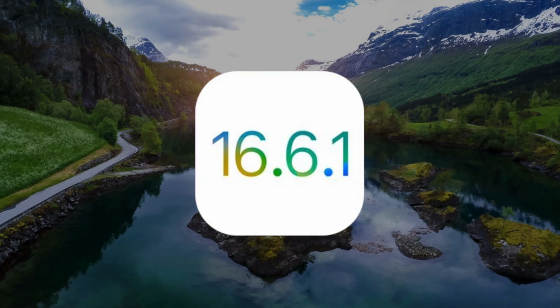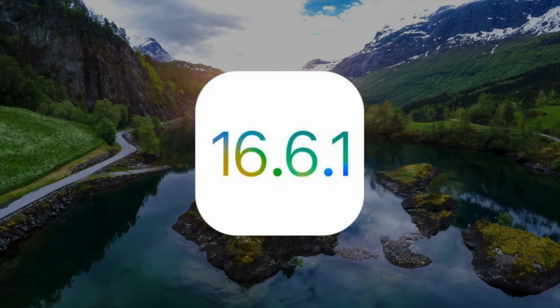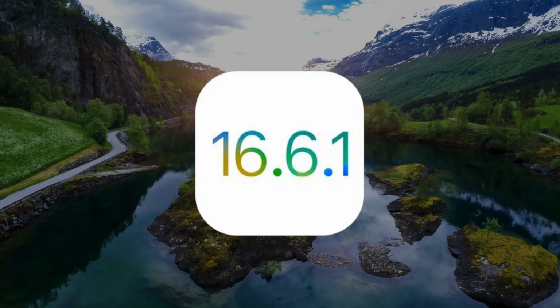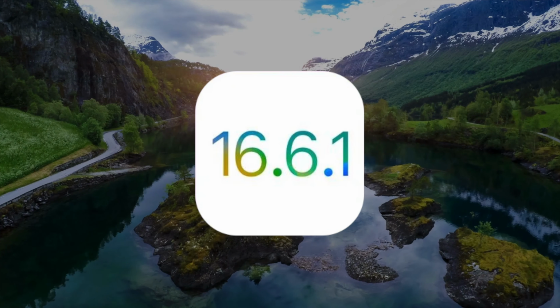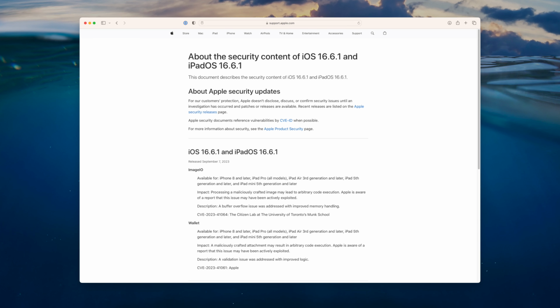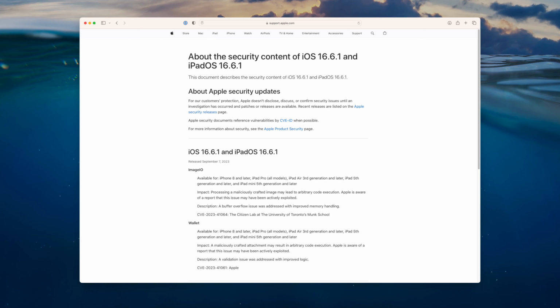So that answer depends. Now, for you longtime viewers, you'll definitely get that reference and you'll know what I'm talking about. However, for anyone who's really not interested in jailbreaking and never will be, which quite frankly, the scene has definitely dried up since I've been gone, you're going to want to install this update. It brings a couple of key security changes to the table, and hopping over to Apple's security updates page for iOS 16.6.1, you'll see this entry was just logged today, September 7th, and effectively it closes two primary vulnerabilities,